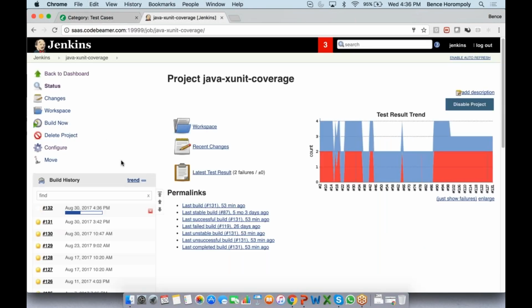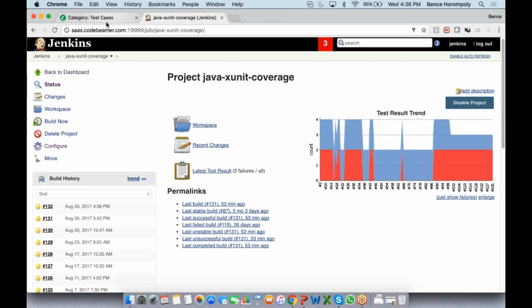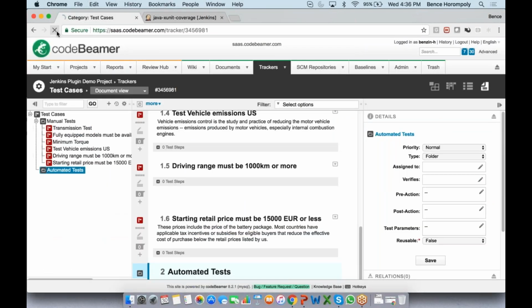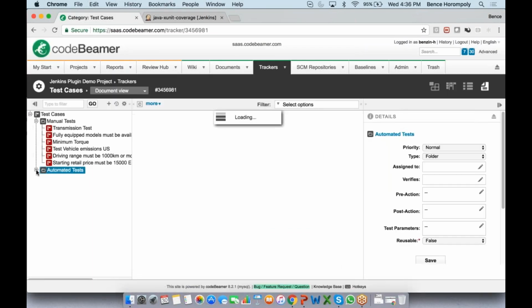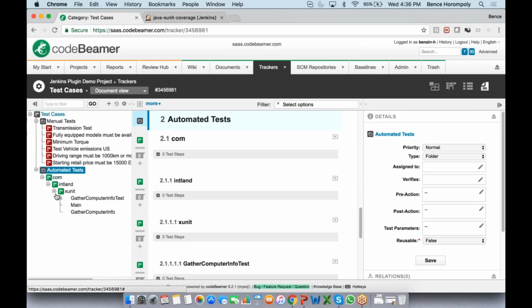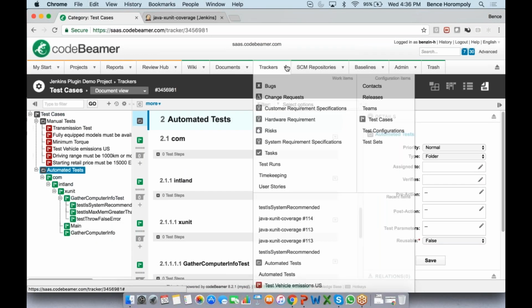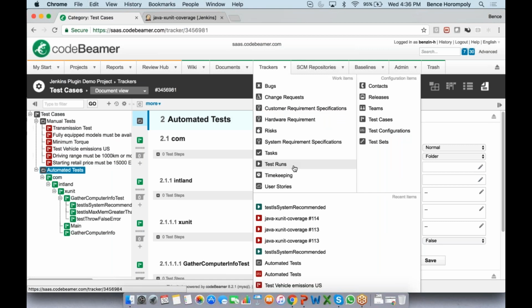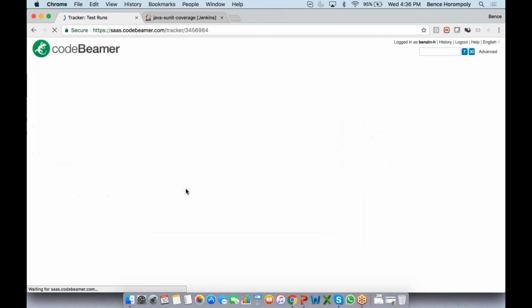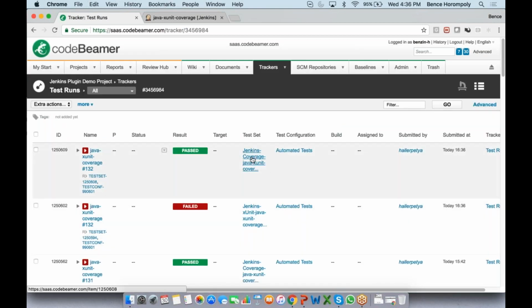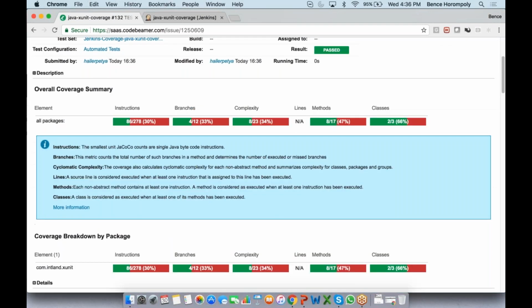So let's see this. Okay, it's complete. So I click refresh. Now I see the test cases that it's created. All right, and I can go into the test runs where the actual results are stored of the test cases that were just imported. So let's see here. This is for test coverage.